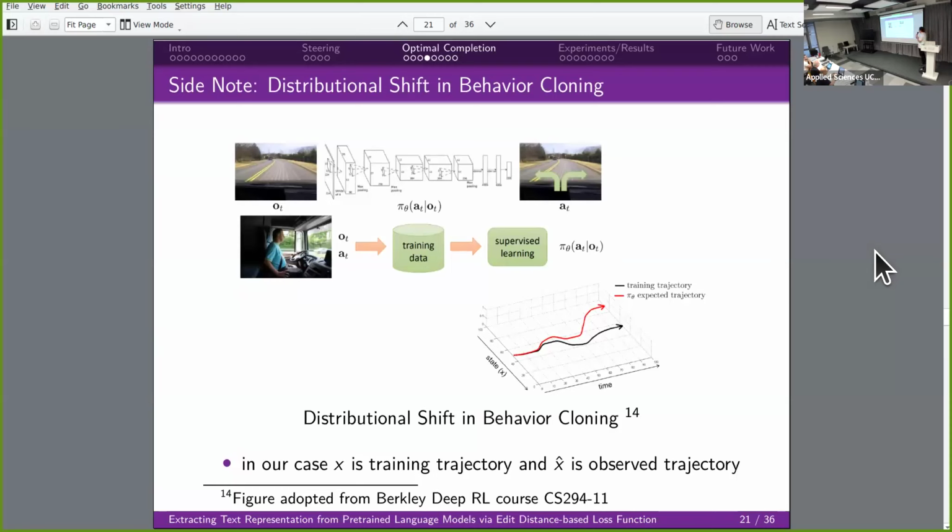So if you consider some agent in the real world, for example, like a self-driving car, it has some sensors, so it observes the world, and at each time point t, it needs to provide some steering commands for the car to drive, and based on this action, it ends up in a different state, and the observation changes. So if we just train it using a supervised approach, it will not work because the expected trajectory of states that the model was trained on